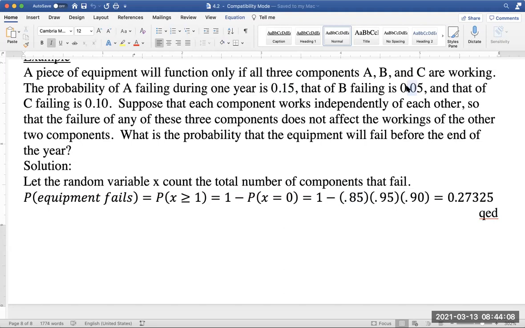Since there's a 5% chance that B fails, there's a 0.95 chance it does not fail. Since there's a 0.1 chance that component C fails, there's a 90% chance that C does not fail. So you multiply those together and you get 0.27325. Now notice that this is much faster and easier because we